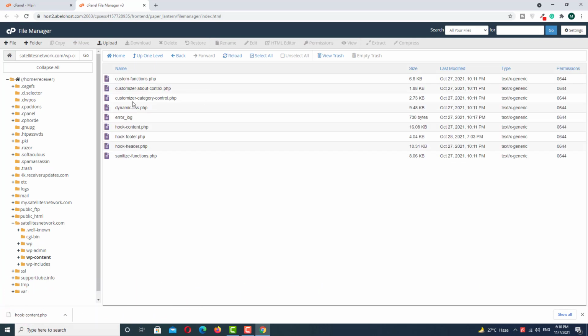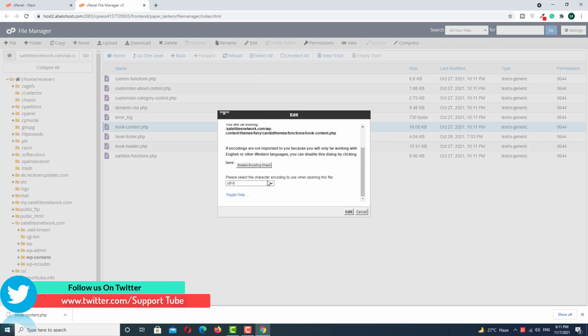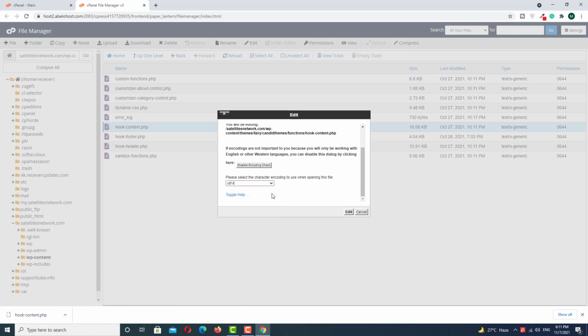and here you can modify a file. So which file do we want to edit to find a hardcode? The file name is content.php. So select this file and click to edit, and here you select a charset by clicking the drop down if you want to edit something more. After selecting a charset, click to edit,